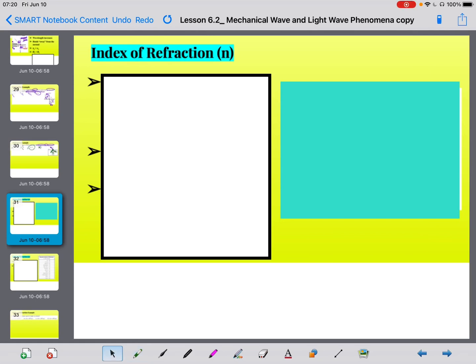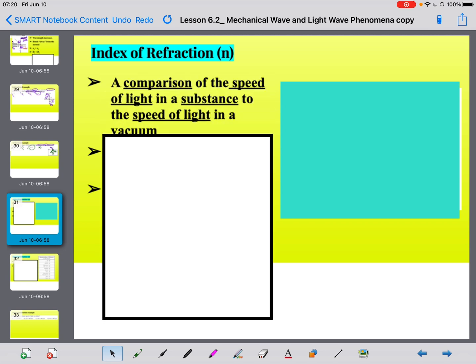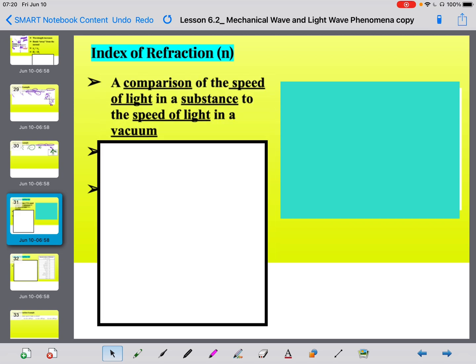All right, so now we're going to talk about the index of refraction, known as the little n. That's what you saw in those other slides. I was saying n1 is bigger than n2, or n2 is bigger than n1. The index of refraction is just the comparison of the speed of light in a substance to the speed of light in a vacuum. So substance is water, glass, air, things of that nature, compared to a vacuum, which is just space,